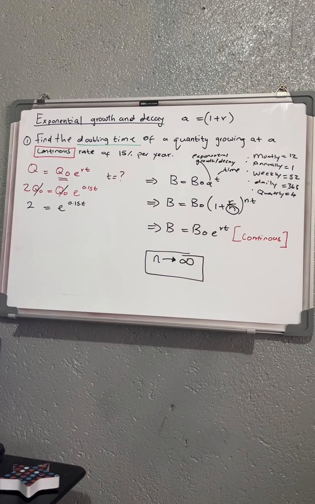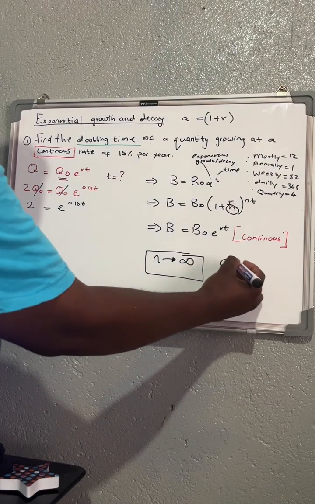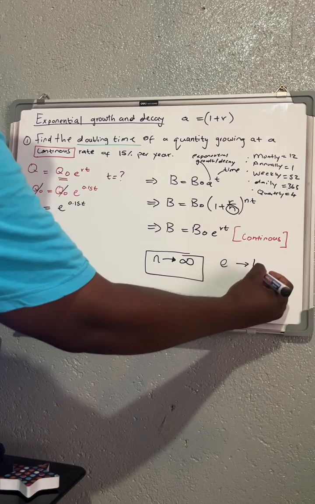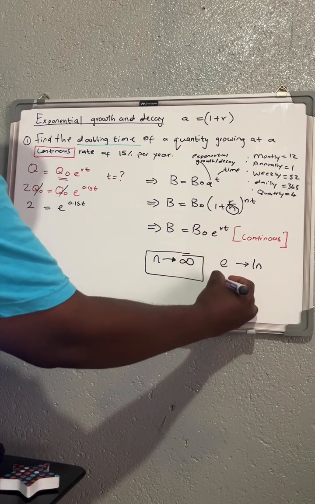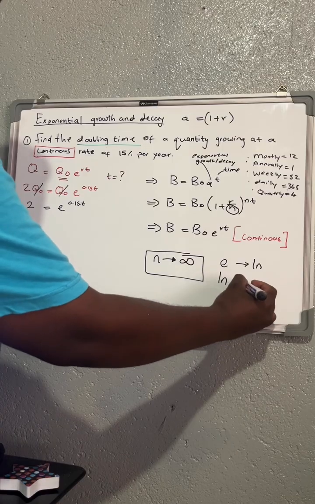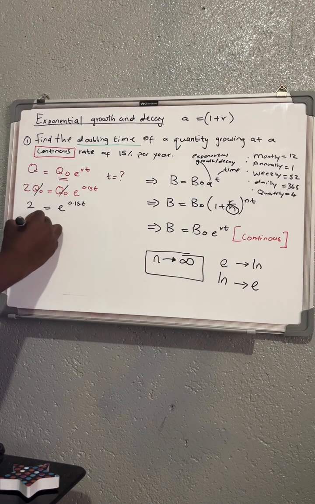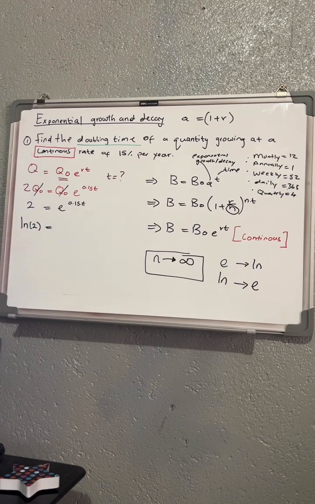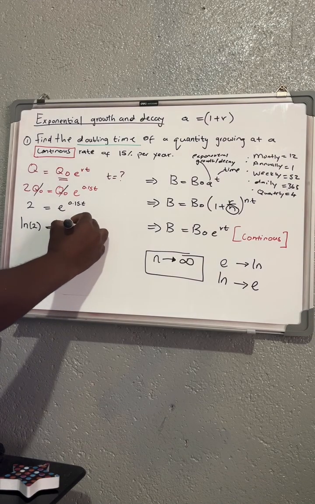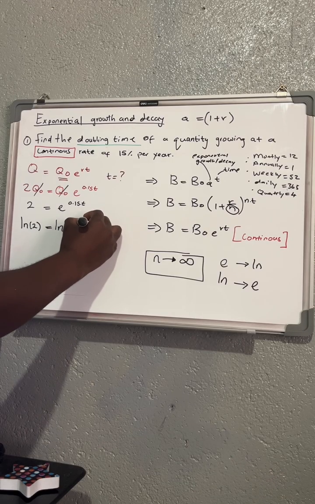going to introduce a ln. So if you want to erase your base E, you introduce your ln. Then if you have your ln and you want to erase it, you introduce your base E. So that's basically how it works. It works vice versa. It means here we're going to introduce a ln of 2, then we're going to have what this side? We're going to have our ln of we have E to the exponent